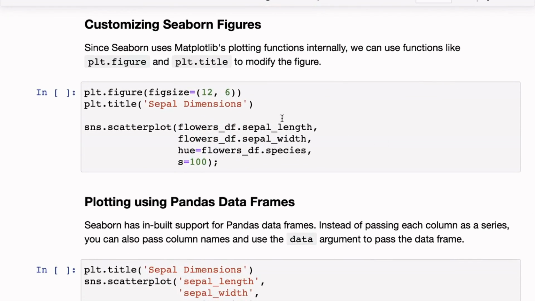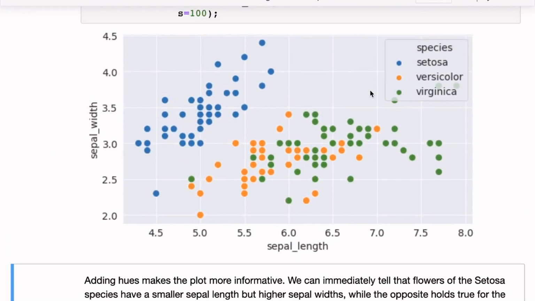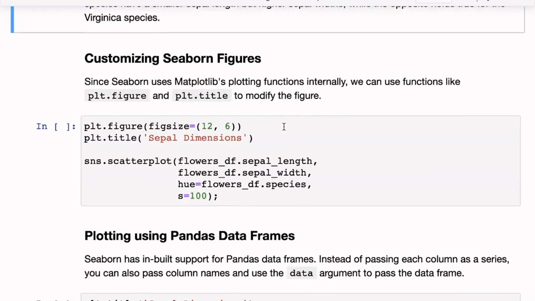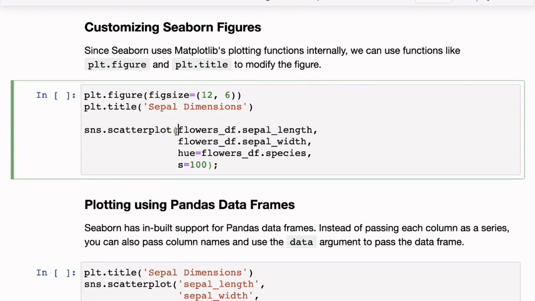And now we have a great plot, but it is missing a few things. One, it would be nicer to make this figure a little bit bigger, so we can do that. And the way to do that is because Seaborn builds on top of Matplotlib. So whenever you call an sns.scatterplot or a function like that,